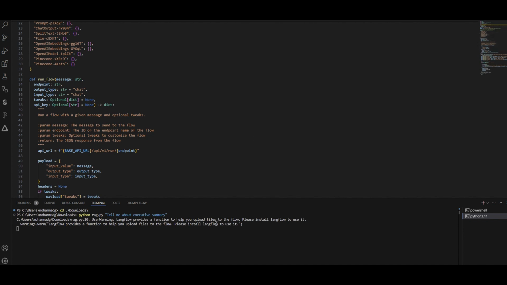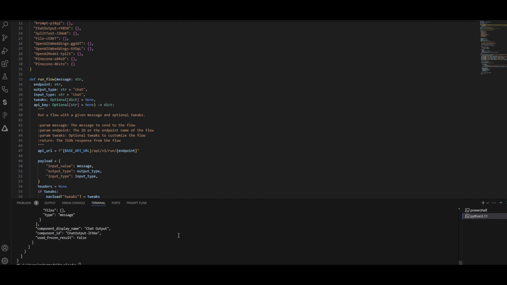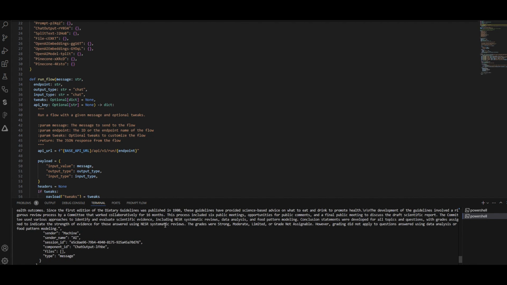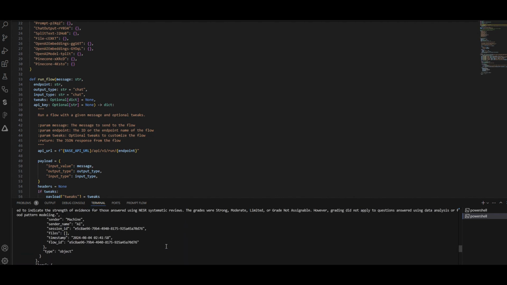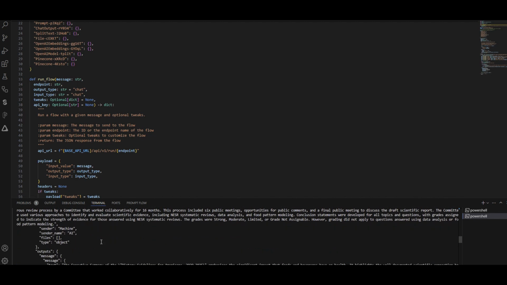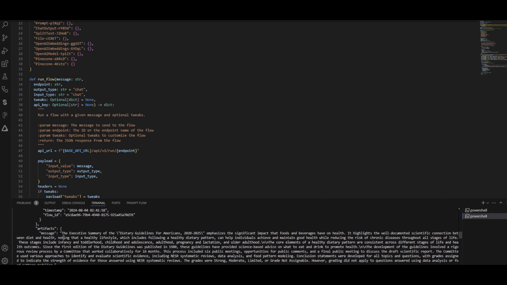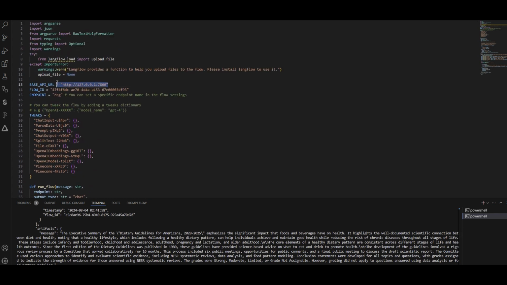Okay, it seems to be doing something. Let's see if it fails or it's going to answer me properly. Okay, I think it worked. Yes, there you go. So here's the answer. The executive summary of this dietary guideline, which is coming from the PDF that I'm chatting with, got executed successfully. Of course, I can parse it later to make it cleaner, but it is working. So this could be a public URL that I could call this chatbot through, or through curl, an HTTP call, Python, or all those code examples that I told you about, for having your low code or actually no code